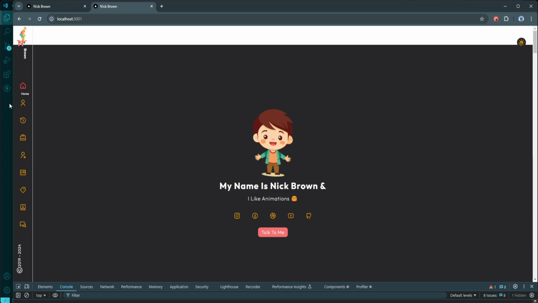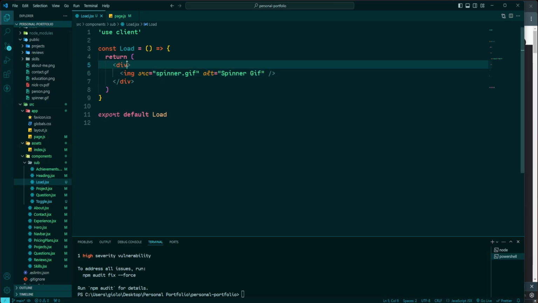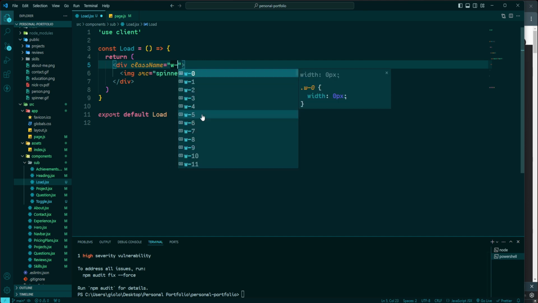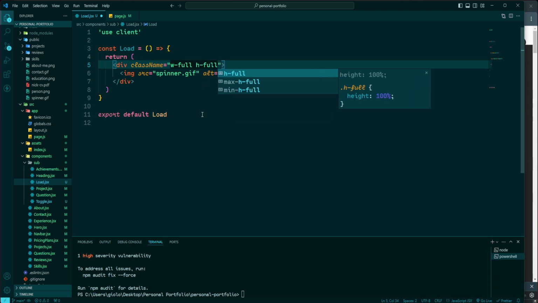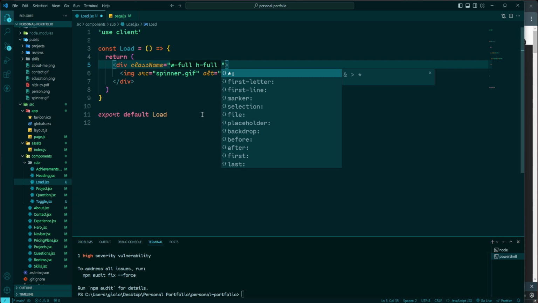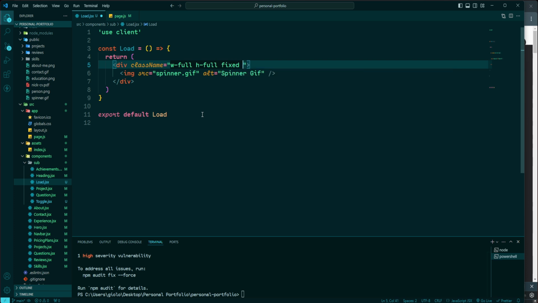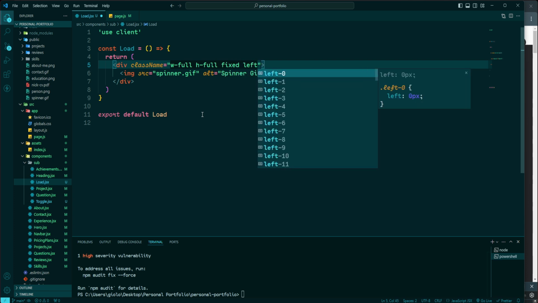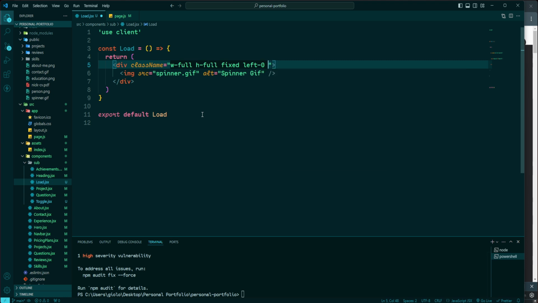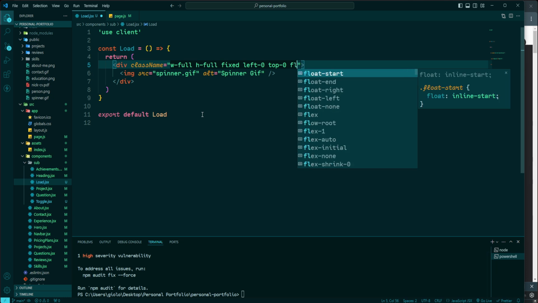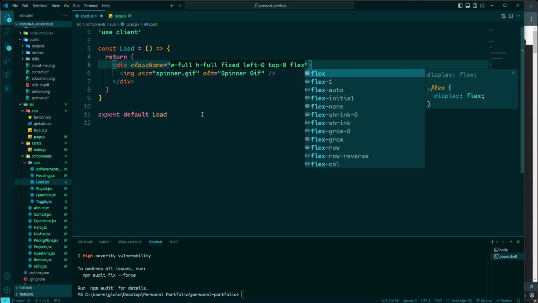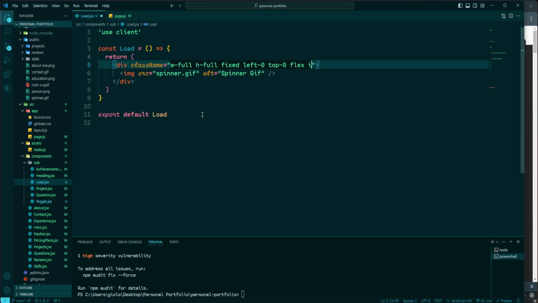Next, I'm going to style those elements. So let's start with the div element. We need here className. Let's set width to full. Also, we need height to be full. Then I'm going to change the position of the div element. It's going to be fixed. Then we need left to be 0. Top is going to be 0. Then I'm going to use flex layout in order to center the GIF on the page. So we need here items-center,